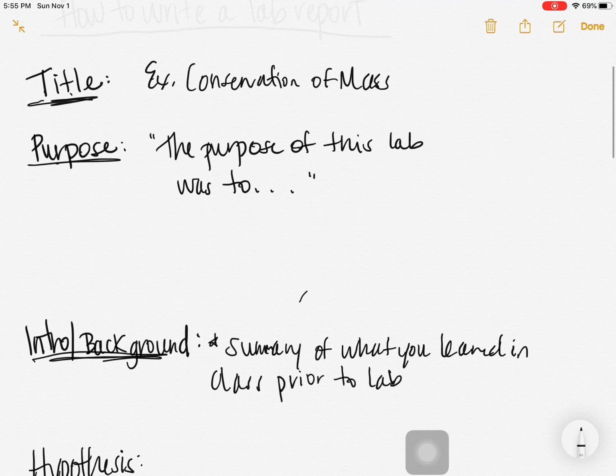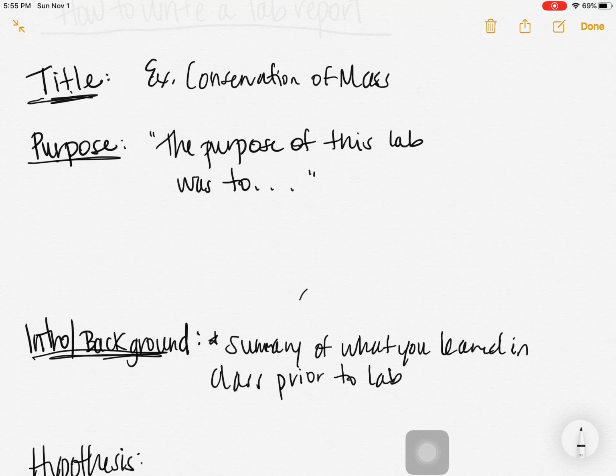which could be as simple as the title that's actually on the lab handout. In this case, it was conservation of mass. You could call it proving conservation of mass. You could call it the law of conservation of mass. You could call it many things, but you just basically have to put a title as to what the lab